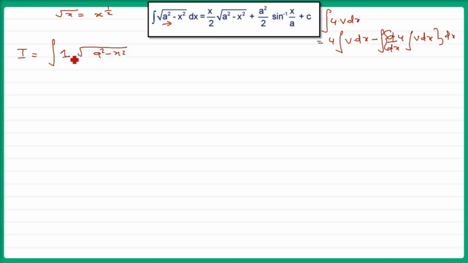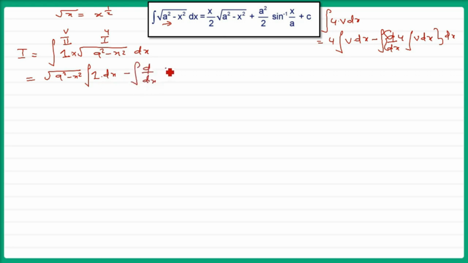So we'll assume that 1 is already there. We don't have to assume because 1 is already multiplied with every number. Now we'll take the first function as under root a square minus x square and the second function as 1, as I indicated in integration of u dot v, the formula we are going to use just now. So the first is under root a square minus x square, integration of 1 dx, minus integration of